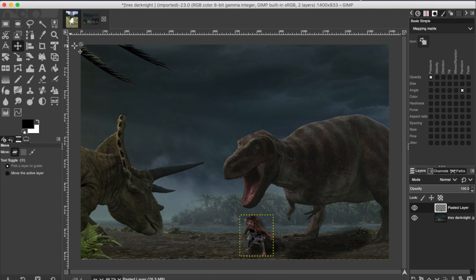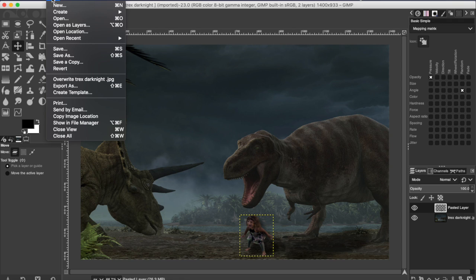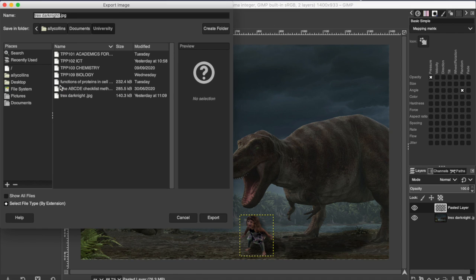So now that I'm finished with the Dodge and Burn tool and shadowing, I'm going to go up to File and Export As. I'm going to export the image. Otherwise, it's not going to save as a JPEG, it's just going to save in GIMP, so you have to make sure that you export the image. So once you've named the image, you're going to go down to Export